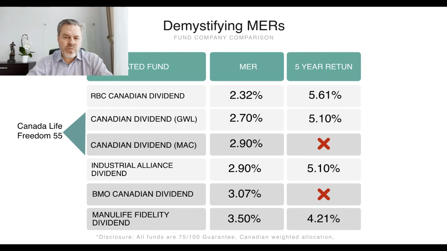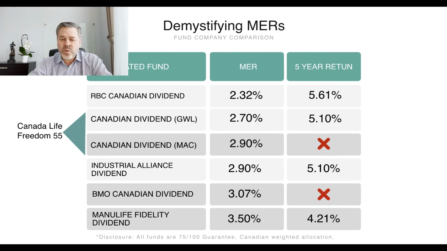You'll notice those 2 funds are offered by Canada Life and Freedom 55. So if you're investing with either one of those companies, here's your fund performance, at least the MER and the 5-year return. I'm just using this as a comparison model to give you an education here. Industrial Alliance,